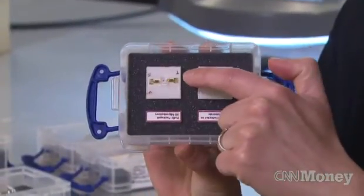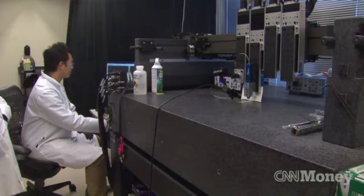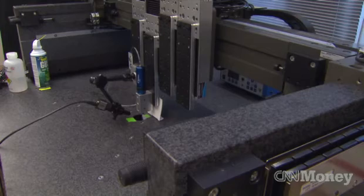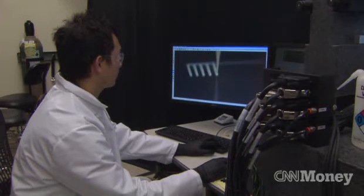And here's one example of one of the batteries that we're actually printing. It's packaged in a plastic case, and inside is the anode and cathode that we've printed. The printer is capable of creating batteries up to a meter wide. And while there are plans to commercialize the batteries, don't expect your phone to have a 3D printed battery in it just yet. So we're interested in developing these kinds of batteries for micro-scale applications, for autonomous sensors, for things